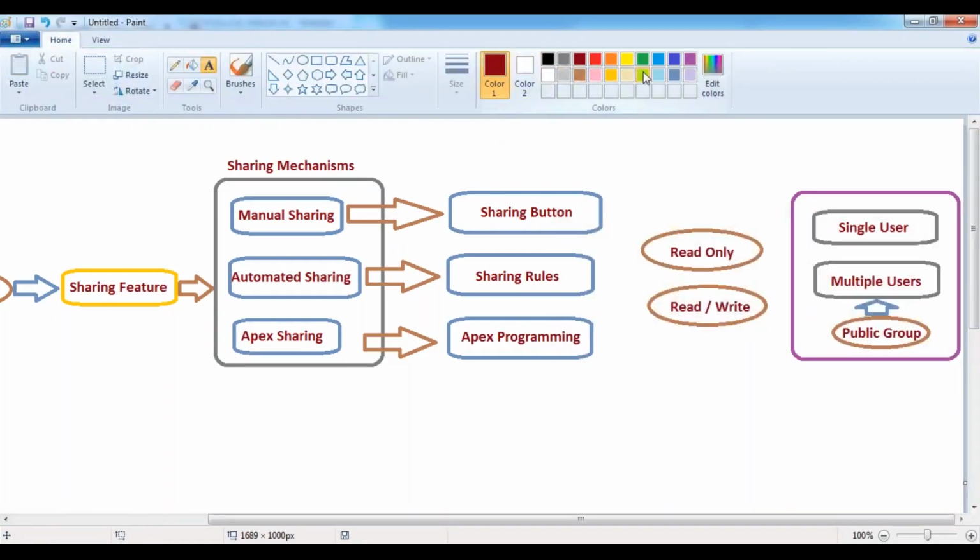Read-only and read-write. These are the 2 types of access we can grant on this particular record to the people. So whenever you are going to be granting the access on the records, these are the 2 levels of access available.